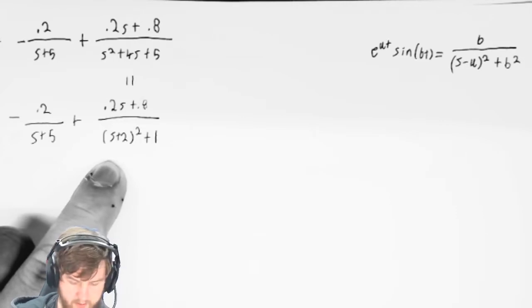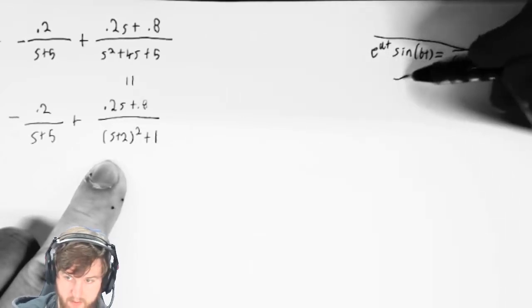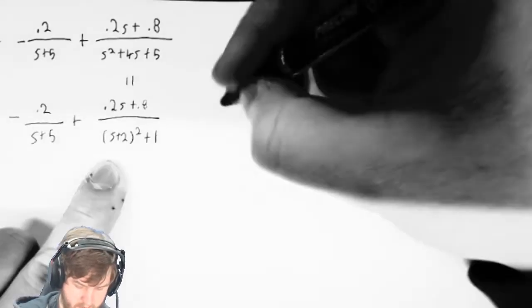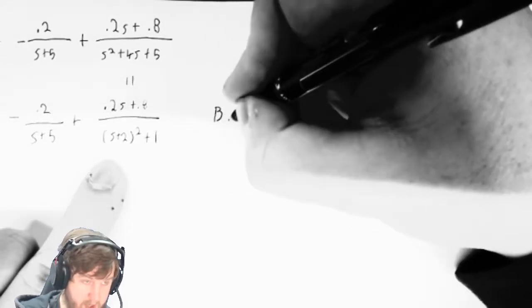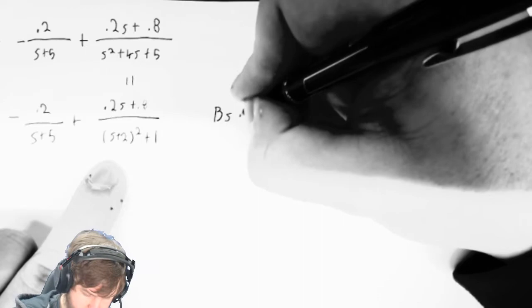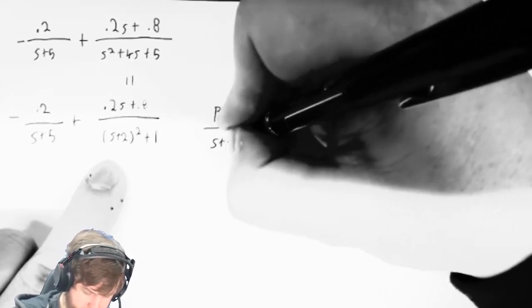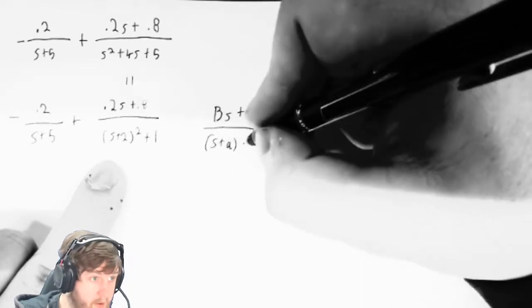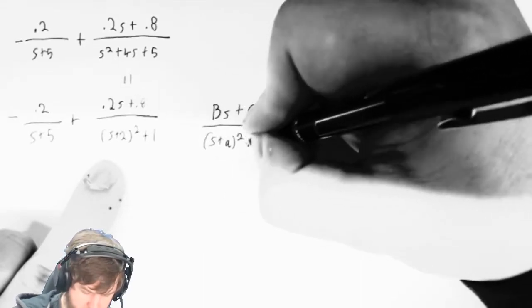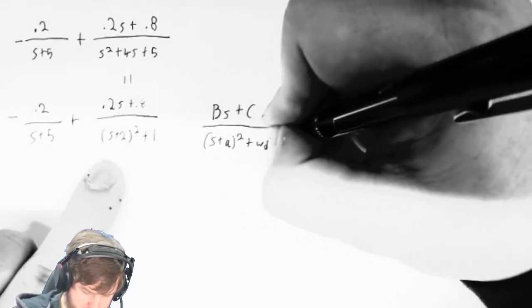Okay, they're using the form b s plus c over s plus a squared plus omega d squared